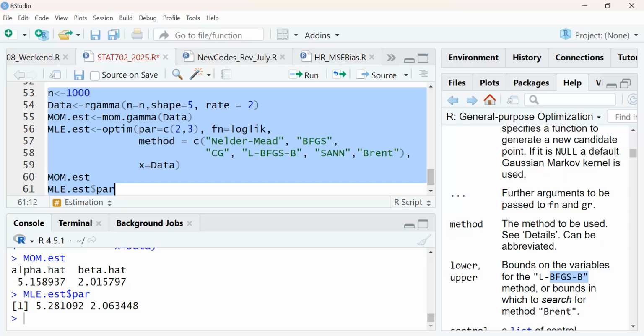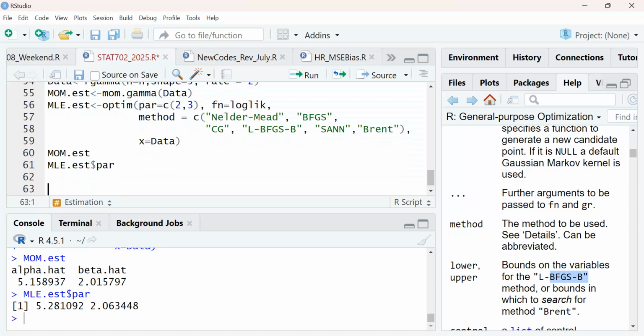All right. Okay. Let's try and finish this with how to find bias and MSE. Now, what it means is that if I want to find the bias and MSE of the moment estimator, then I need to repeat this several times. How do I repeat this?